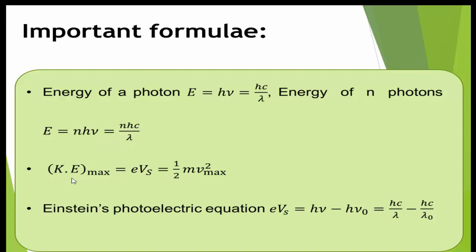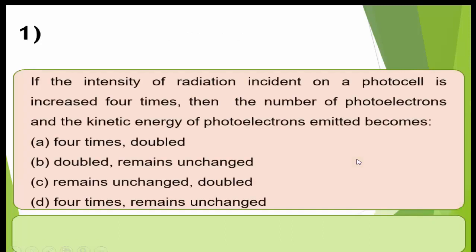And the second formula is the maximum kinetic energy is equal to e into Vs, where Vs is the stopping potential. Also, you can write this equation as e V naught equal to half mv square maximum, or using Einstein photoelectric equation, e Vs is equal to h nu minus h nu naught, or hc divided by lambda minus hc divided by lambda naught. Here, the first problem is